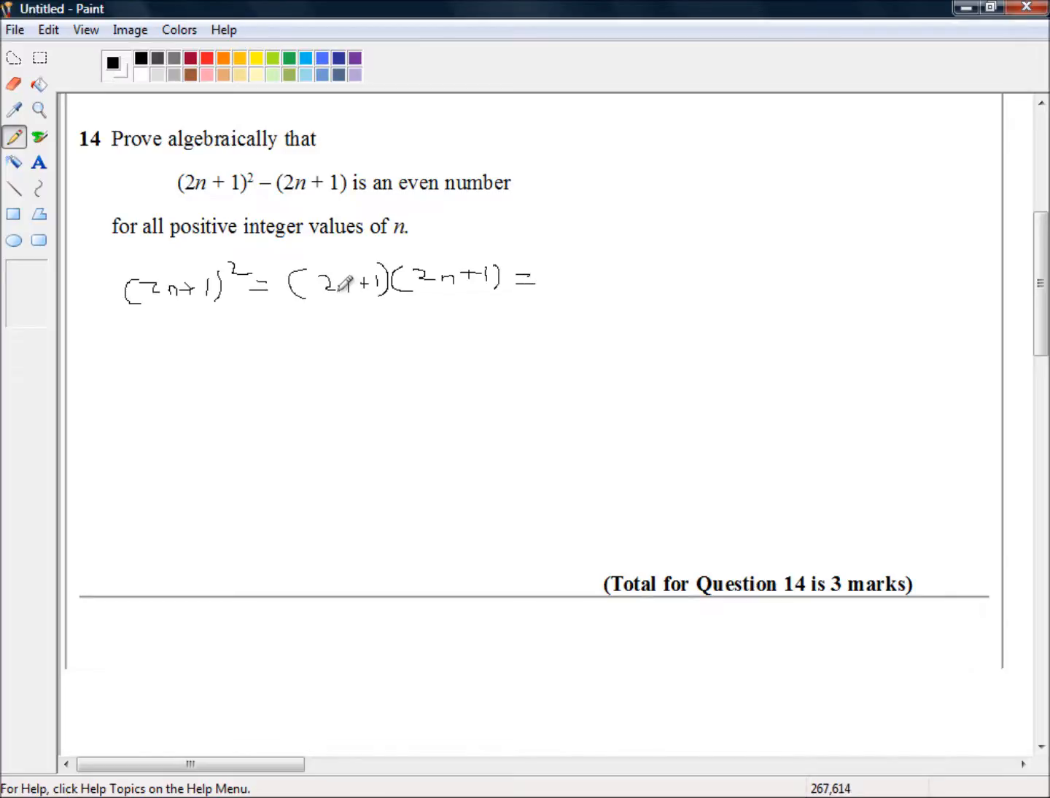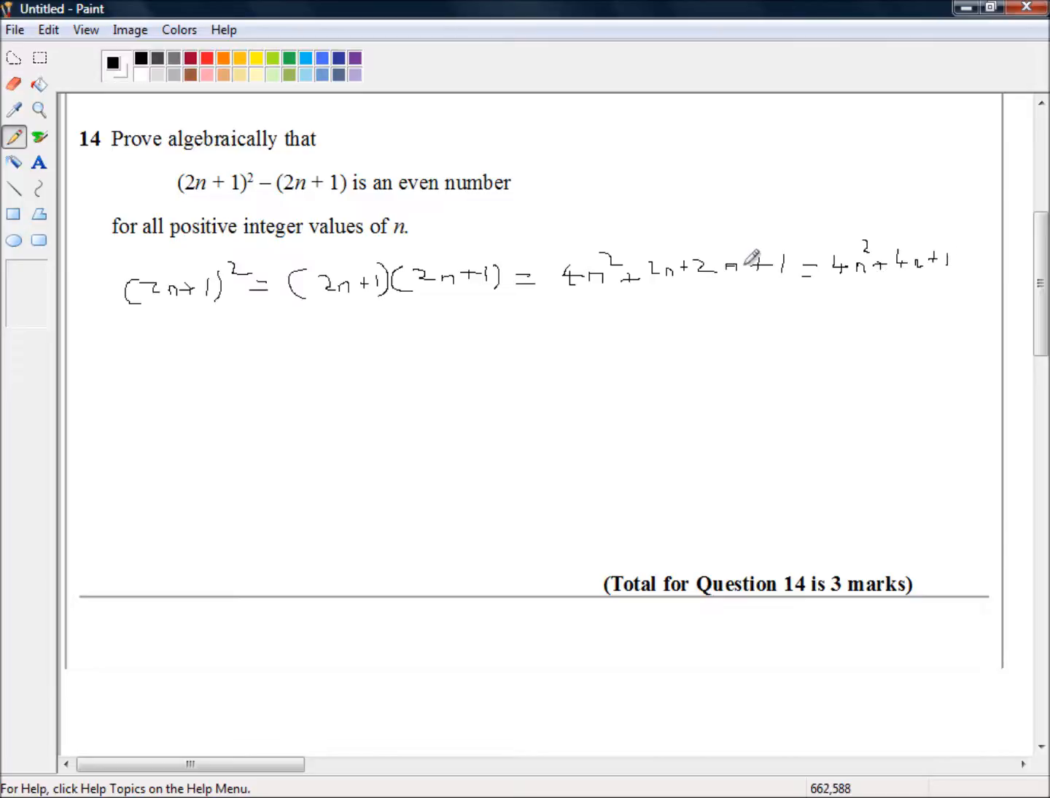And that's equal to 2n times 2n is 4n squared. 2n times 1 is plus 2n. 1 times 2n is plus 2n. And then 1 times 1 is 1. So basically what we're doing is making sure that everything in this bracket is multiplied by everything in this bracket. Okay, so we can simplify that to 4n squared plus 4n